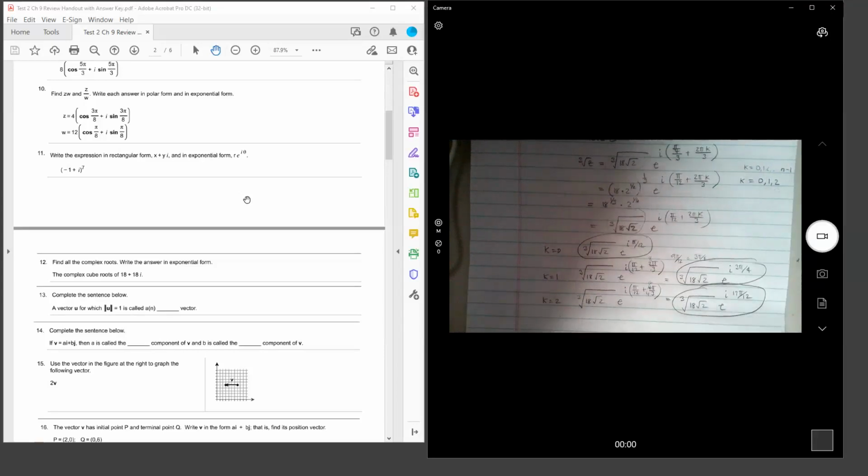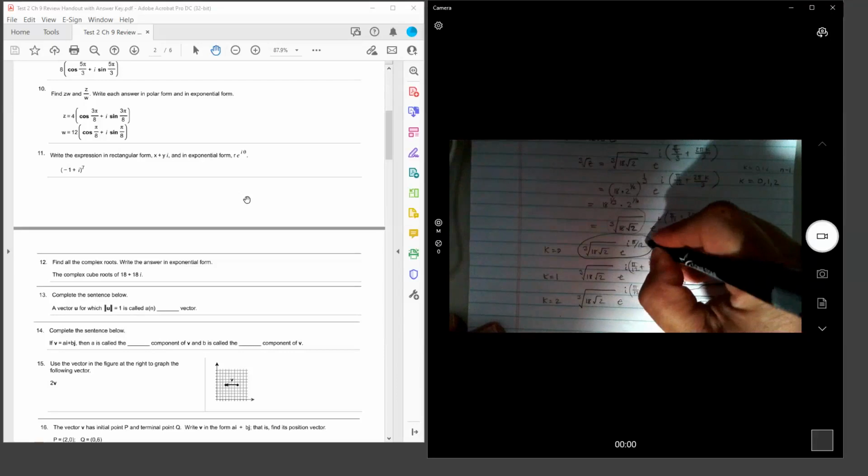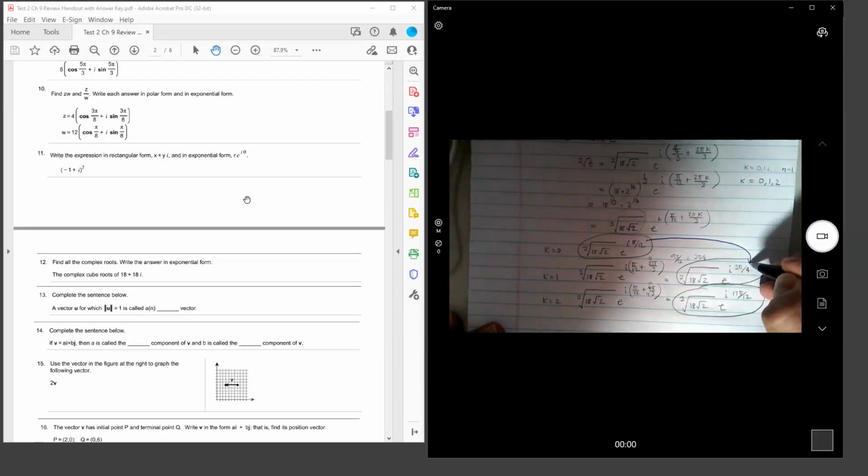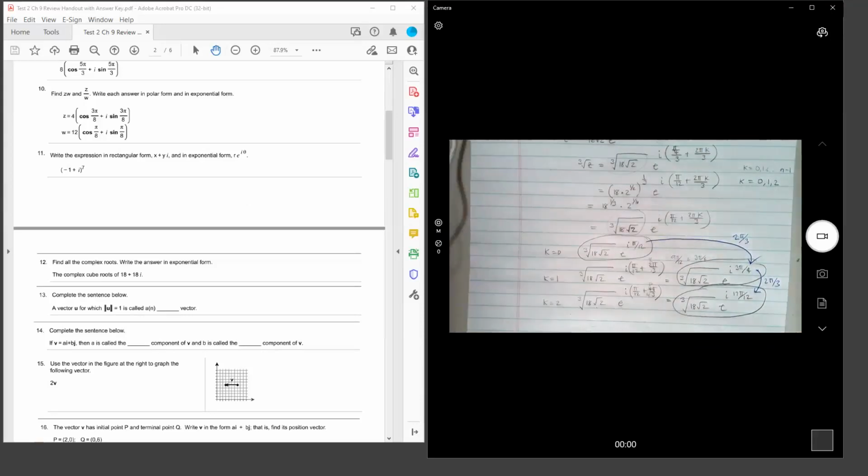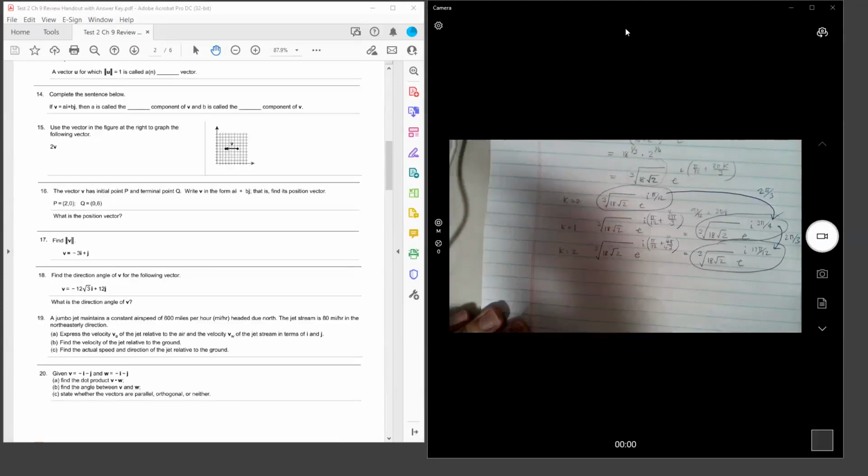Okay. And a fun fact is that this angle theta, the difference between those two is 2 pi over 3. And the gap between this angle and this angle happens to be 2 pi over 3. All right, I'm going to call that quits there. For number 15,